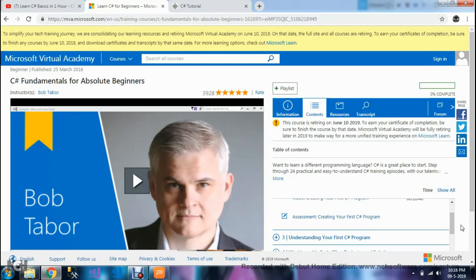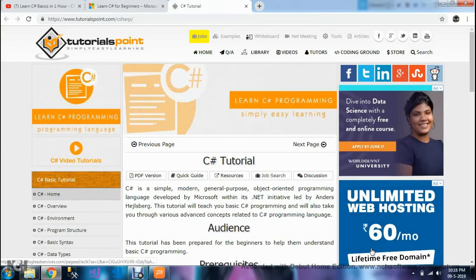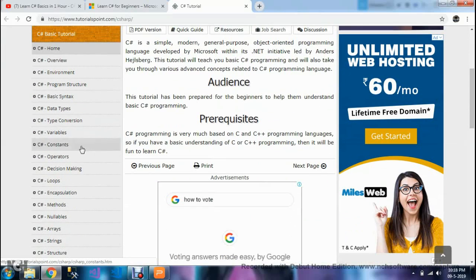The video links that we have seen so far are all in video format. If you want to learn in a theoretical format, we have the Tutorialspoint C# tutorial. In this tutorial, you can learn all the concepts, principles, functions, and fundamentals of C# in a theoretical way. If you go and learn data types and type conversions, you can have them in text format. You can copy and paste it. If you have any doubt, you can debug it with the previous video too.